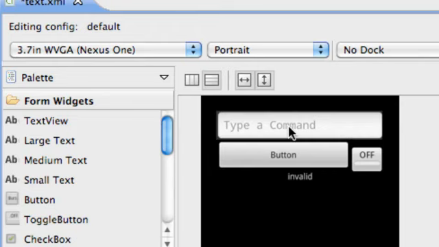XML layout. Padding's good for cleaning up your application, making it look a little bit nicer, as well as, I don't know, like my room's padded. I don't know why there's padding all over my walls, but it's good for safety as well. But for XML, it's good just to clean up your code and get things organized